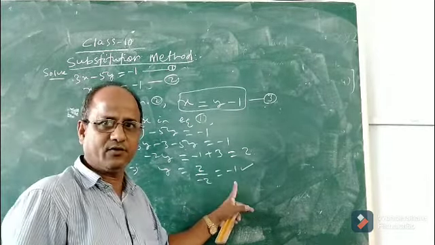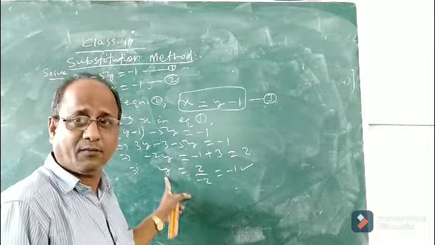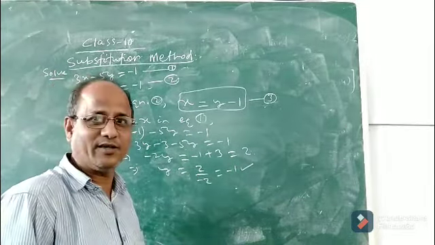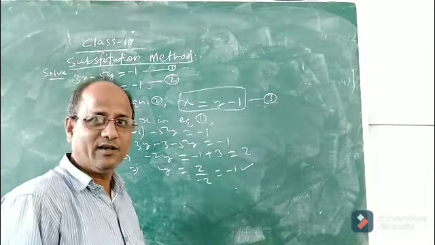Now, why did you get the value of y here, children? That is important. We got the value of y here because we had expressed x in terms of y from the second equation. That is why, on solving, you got the value of y. Had you been expressing y in terms of x, then you would have got the value of x, not y. So now what is the next step?